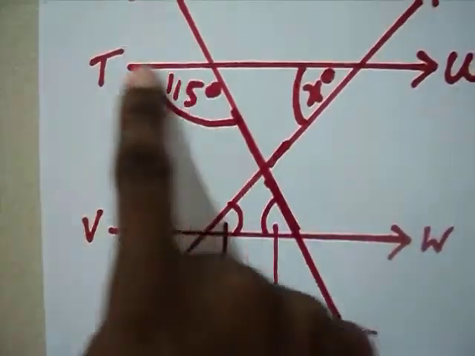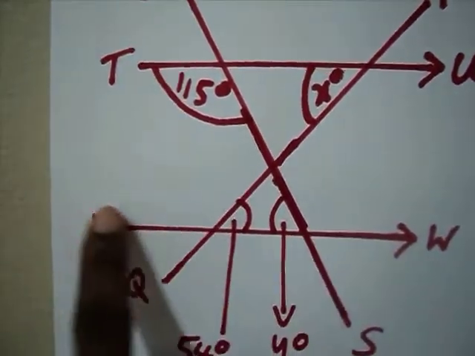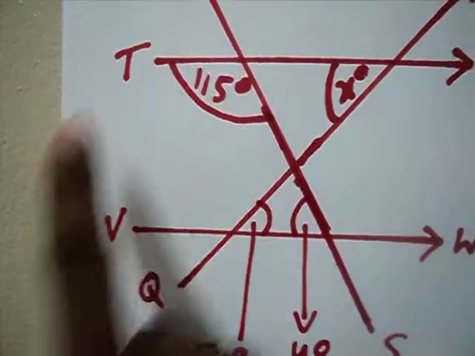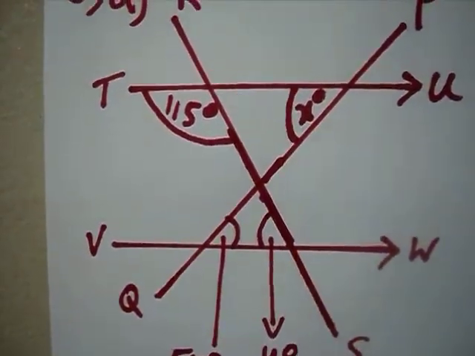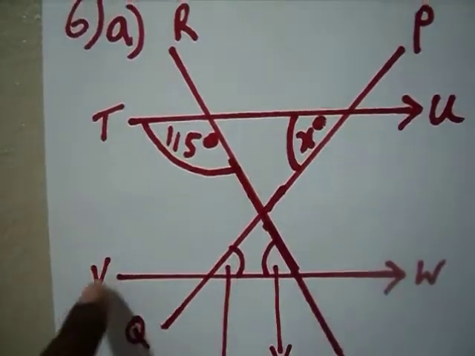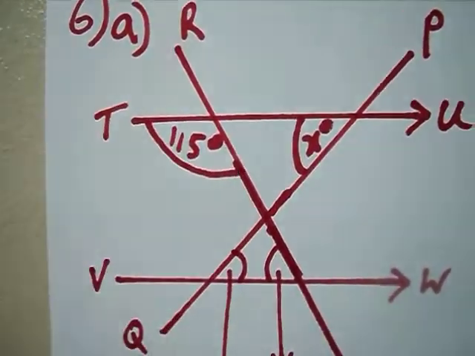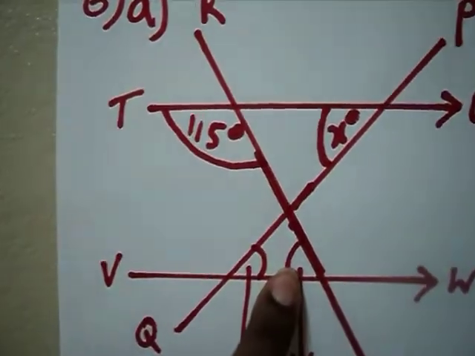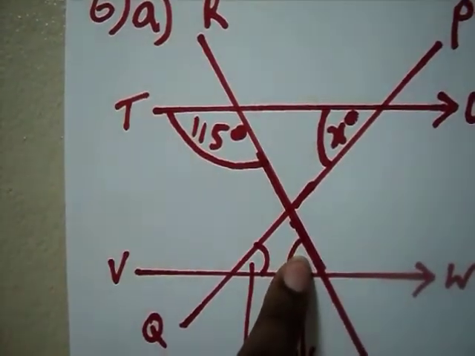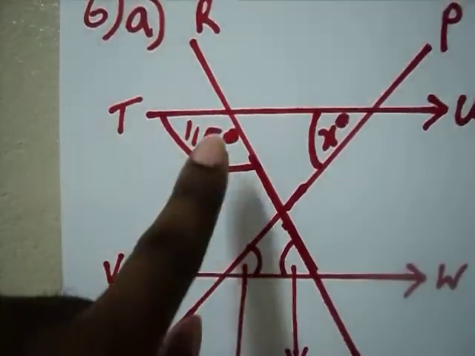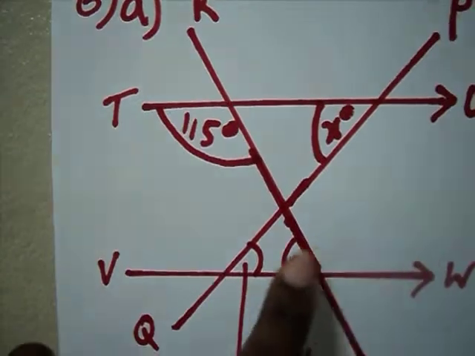This kind of enclosed angles, these enclosed angles we call interior angles. So they are interior angles, and interior angles add up to 180 degrees. So that plus that will add up to 180 degrees. So to get what is this, you do what? Subtract that from 180 and you should get that.